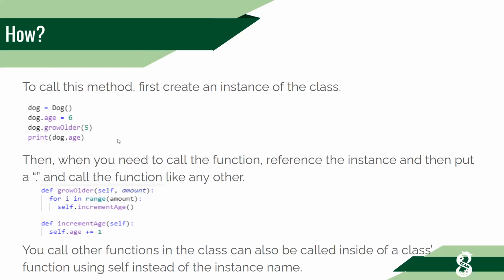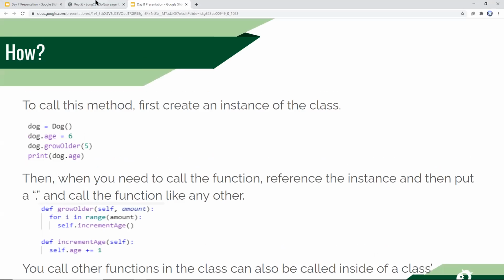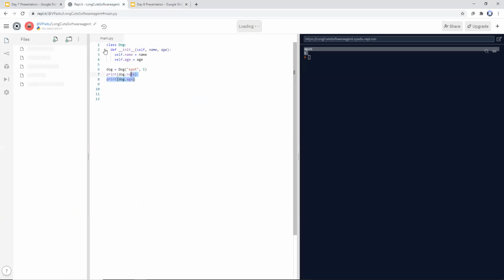So remember to call your function by referencing the instance and then using your dot, like in dot notation, to access a variable. But this time you're using it to access a function and you're calling it like another function anywhere else, except you have to have the instance's name and the period before that. Then when you need to, now you can also call other functions inside the class. Actually, before this, let's just go over a small example, right? So let's say,